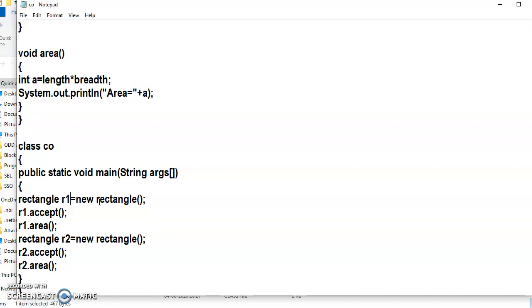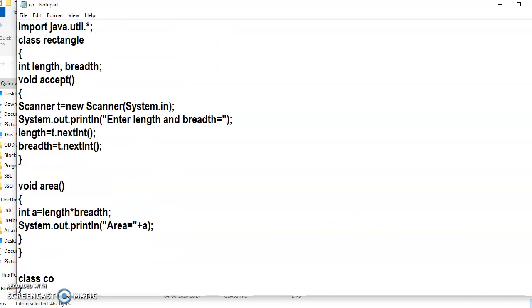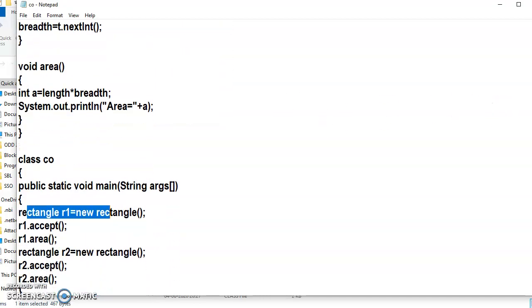As I already told, as soon as I create the object R1, the memory for that particular class will get allocated. So when I create R1 over here, the memory of that particular class will get created and that particular memory block has two fields because the Rectangle class has two data members, length and breadth. So when I create the object, it will create a memory block with two fields, length and breadth. Obviously, if I need to specify clearly, the first block is called R1 length and the second block is called R1 breadth.